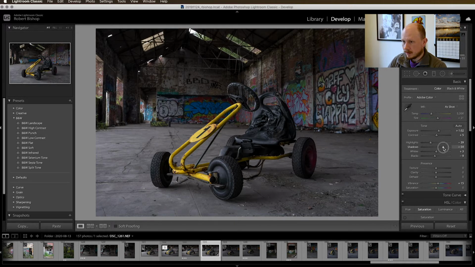Shadows, I'm going to bring those up because I know that I'm going to use the dehaze slider in a little while, and the dehaze slider adds a bit of contrast and saturation, so we'll need to compensate by bringing the shadows up, because the dehaze will add a bit of darkness and more richness and saturation to the blacks. So whites, we'll bring those up as well, not too much,